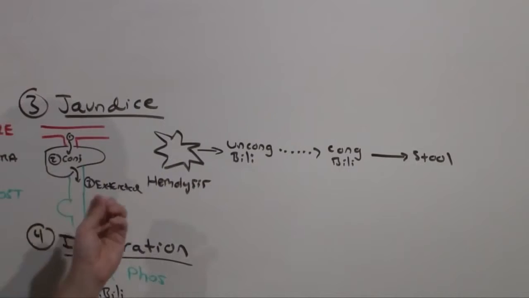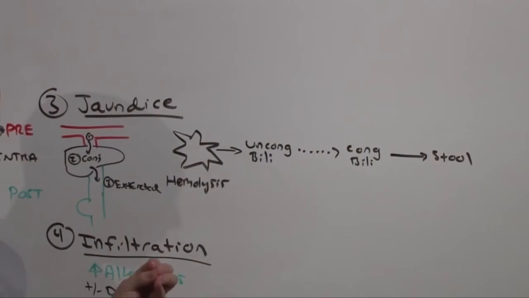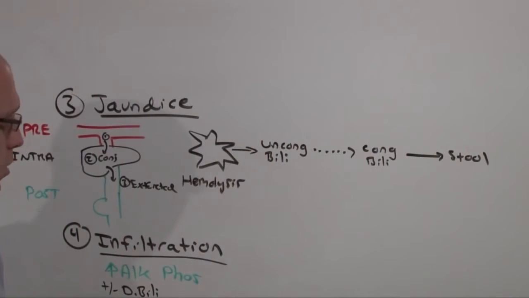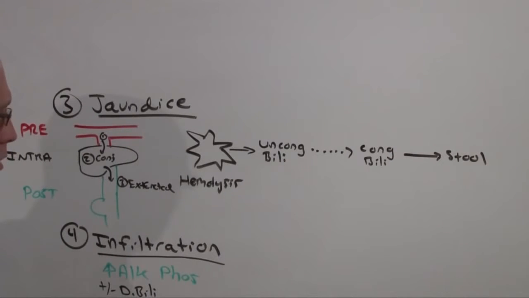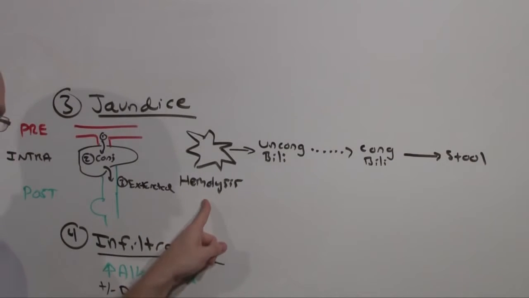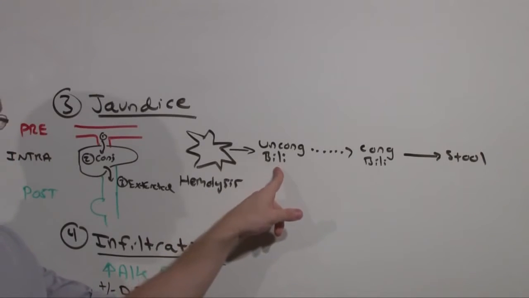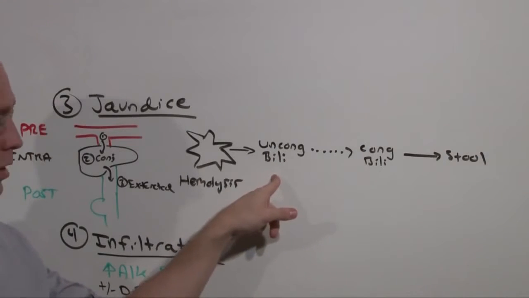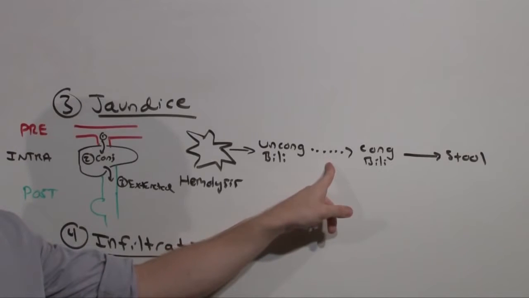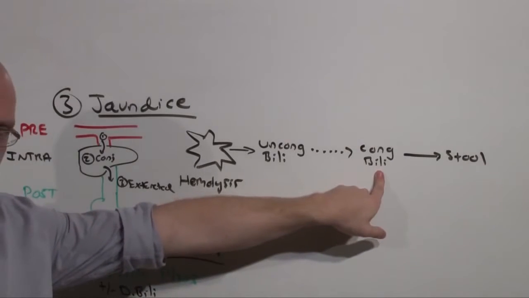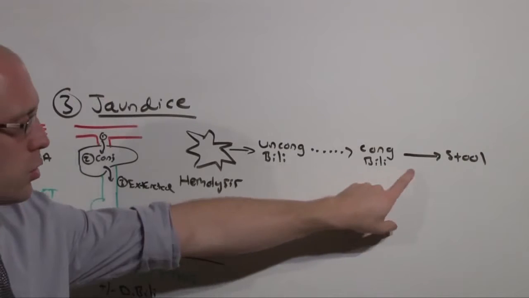If you have pre-hepatic jaundice, it is going to be a product either of hemorrhage or hemolysis. Hemolysis increases in the blood. Unconjugated bilirubin increases in the blood. Delivery to the liver increases, and so the conjugated bilirubin is also going to go up, and so will the